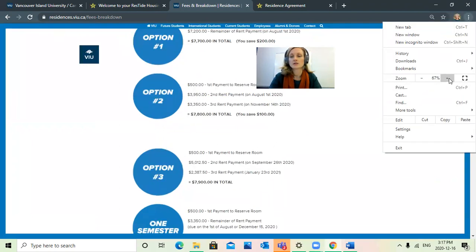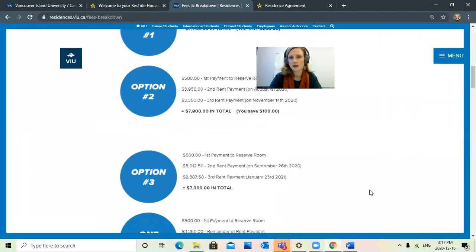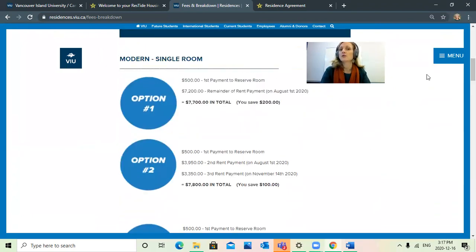And basically these could coincide with someone's student loan funding. It could coincide with just family budget planning and how you are paying for your residence fees. It might help to stagger your payments a little bit. So option number 1 for both room styles is you pay your $500 room deposit, which I mentioned before, the non-refundable confirmation of your commitment to residence, and then you pay the whole shebang for the whole academic year on August 1st. So that is a savings of $200, and